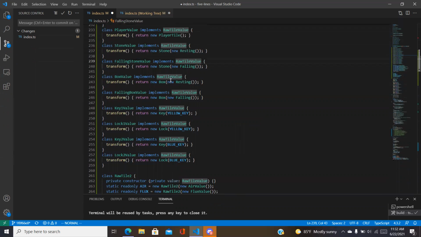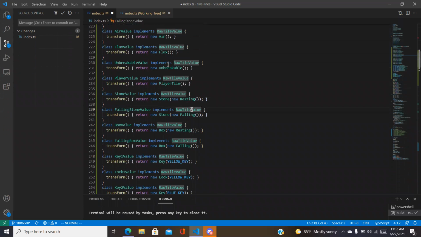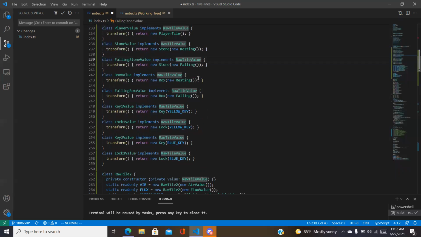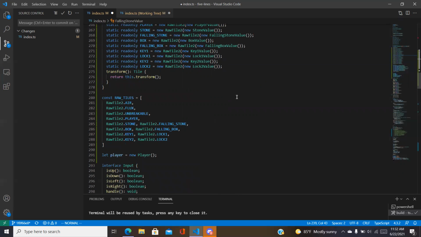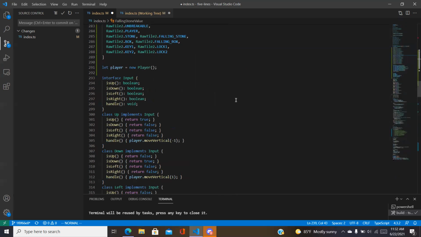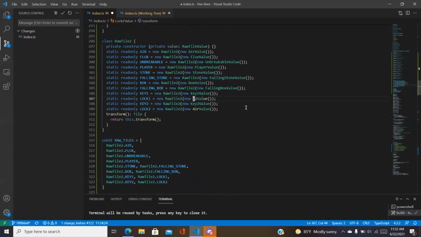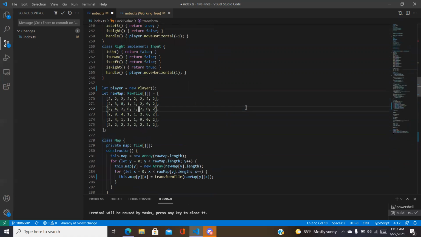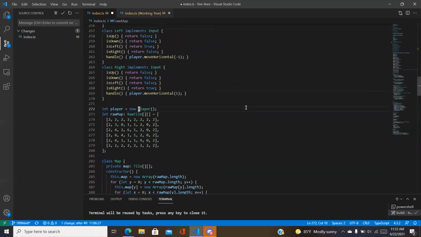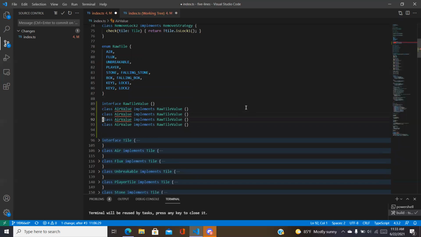So key, lock, box, stone, unbreakable. I'm just confused. Well, you know what we could do? You just go and undo it all. It didn't take us all that long to do all this stuff. There. So we got the